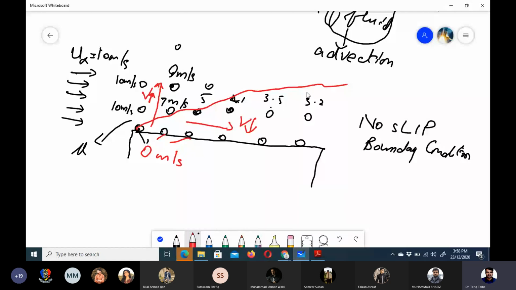This red line I have shown is the limit where the velocity becomes equal to the free stream velocity, or we say that u upon u infinity becomes equal to 0.99. So this is the boundary layer